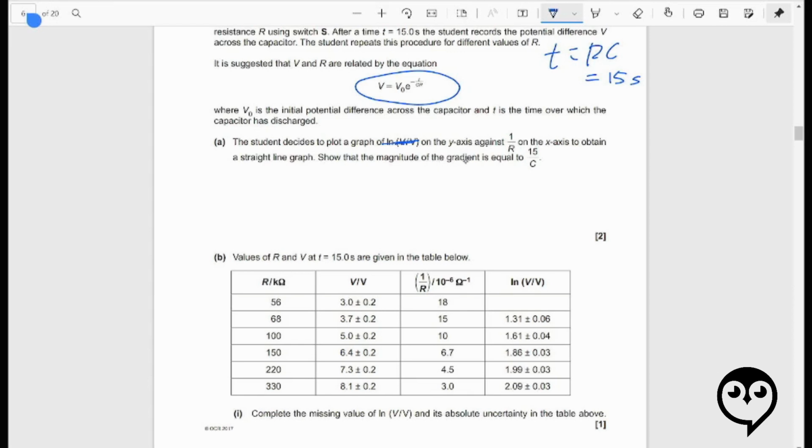Show that the magnitude of the gradient is equal to 15 over C. Okay, well, I mean, we've got... unless what they're doing here is V over V naught. Is that what they're doing, maybe? Is this meant to be the V naught? That's the constant. It's not changing, so it's not italicized, and this variable is italicized. Is that what they're trying to do? Anyway, we'll move it to the opposite side. We're going to take the ln of that, and that's going to mean that on this side we'll get negative t over